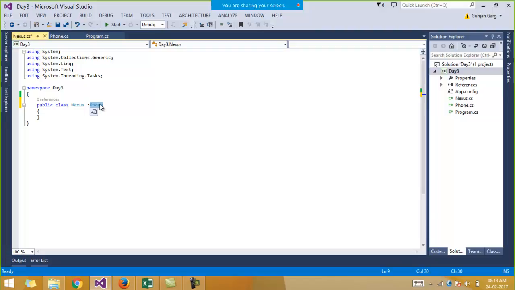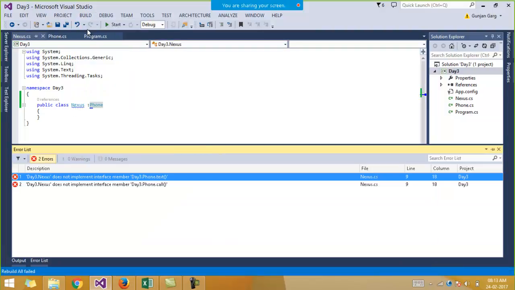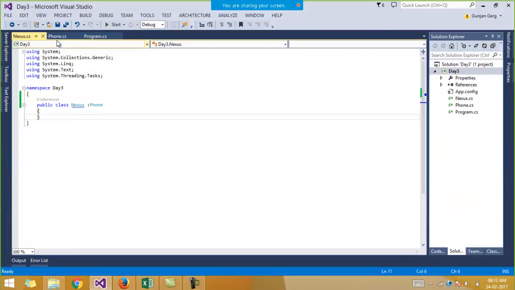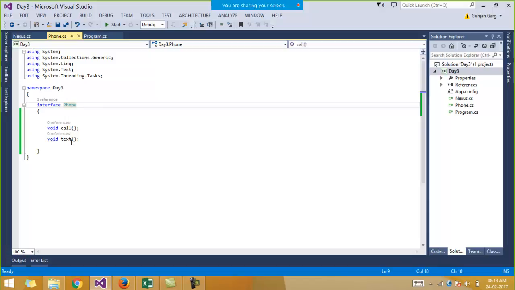Now, what do I mean by that? Say if I build my solution, now you get an error saying that Nexus does not implement the interface member text and Nexus does not implement the interface member call. What I mean is, in an interface you are declaring the two functions, call and text, right?